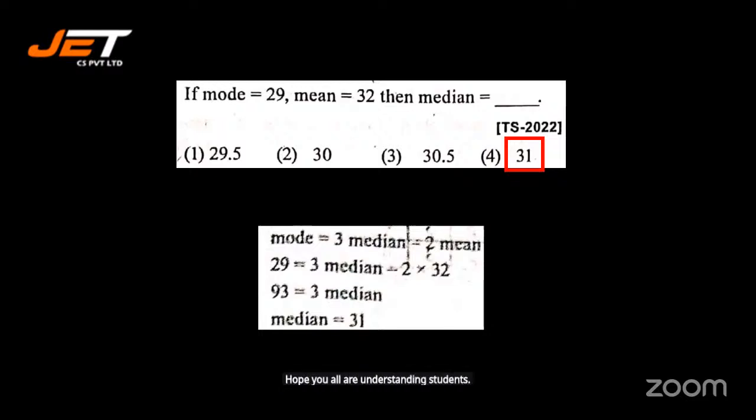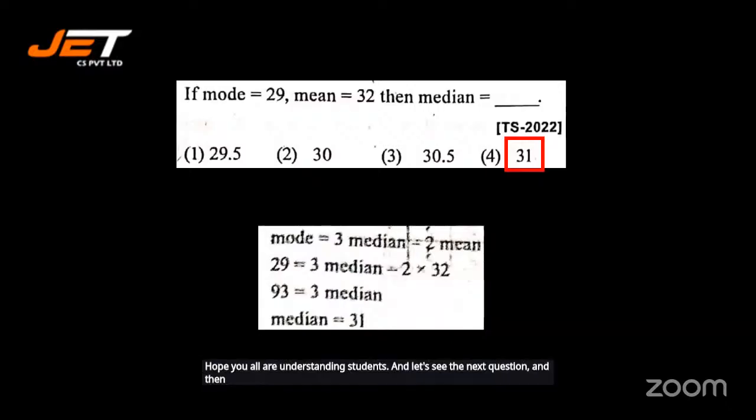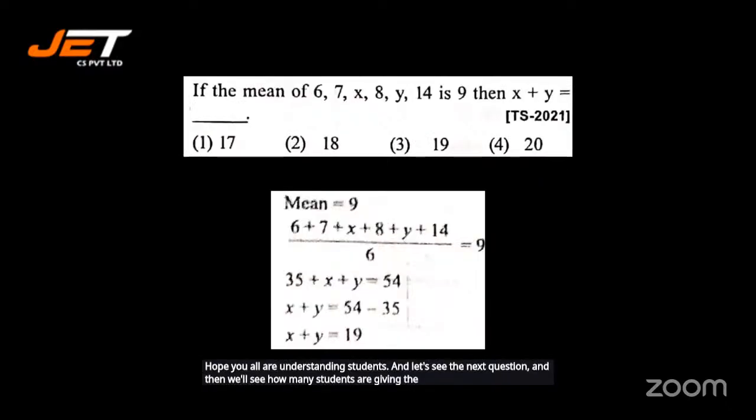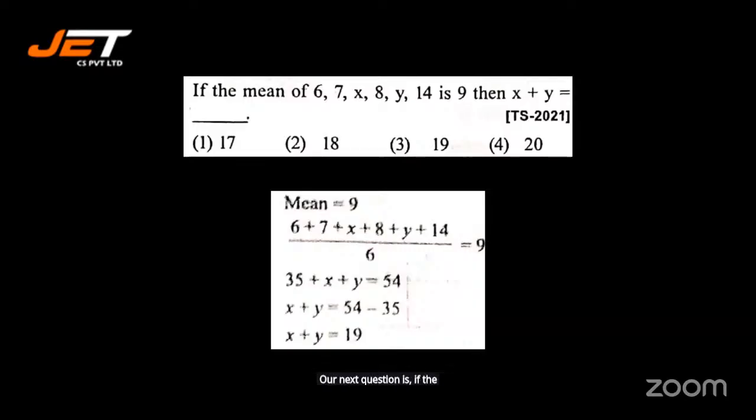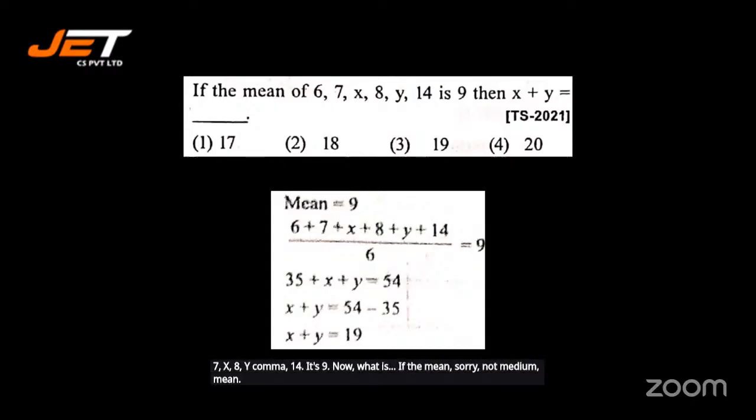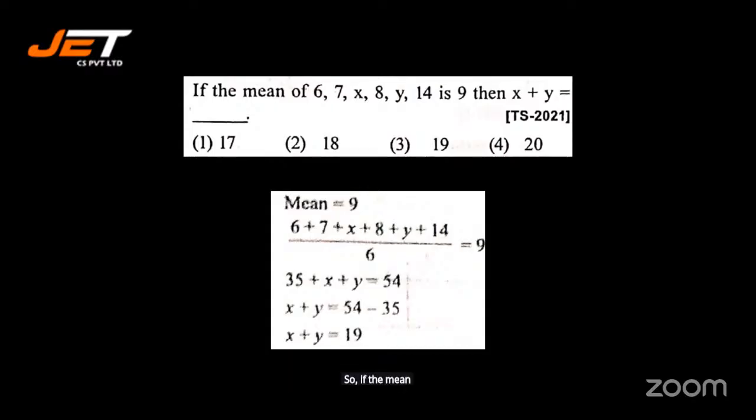And let's see the next question, and then we'll see how many students are giving the correct answers. Our next question is: if the median of 6, 7, x, 8, y, 14 is 9. Now, sorry, not median, mean. So if the mean of all these numbers is 9, then we need to find out the value of x